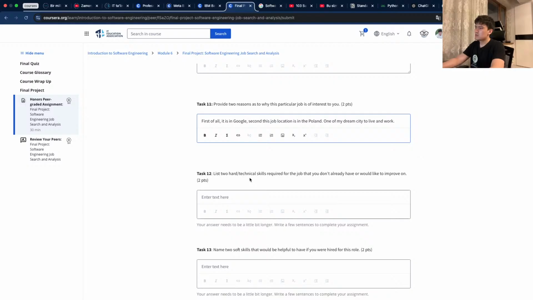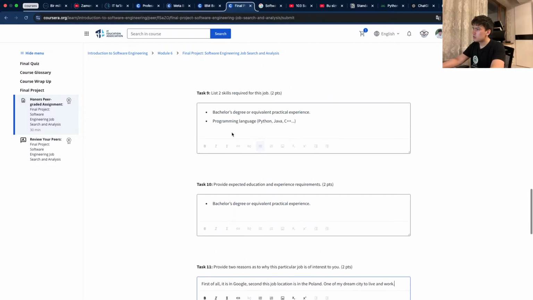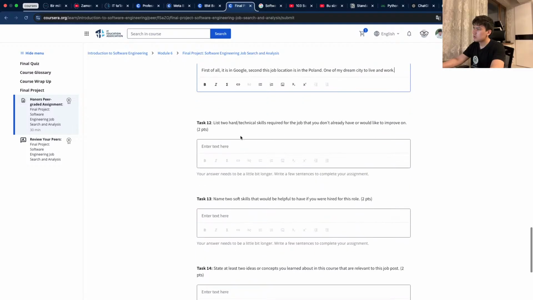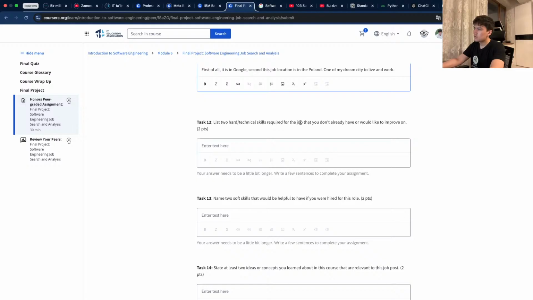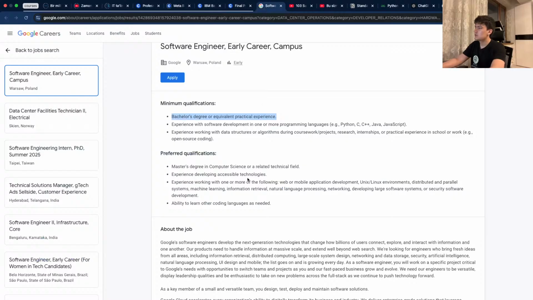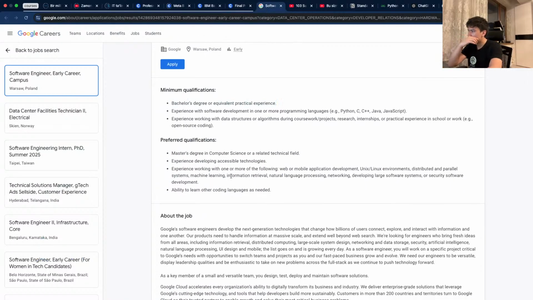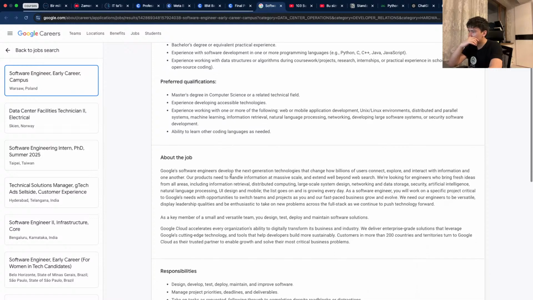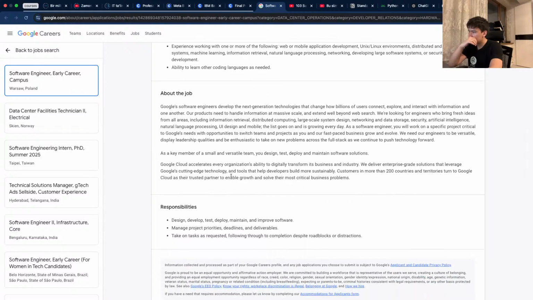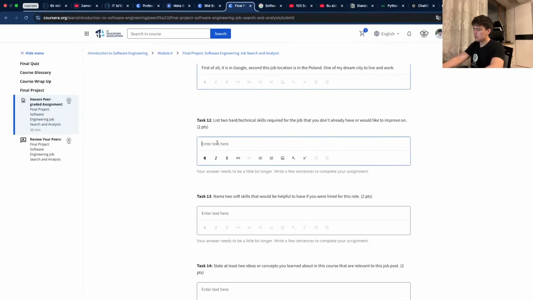2 hard skills and soft skills. Provide 2 skills that are required. Hard technical skills required for a job that you don't really have or which you want to improve on. Testing the project.